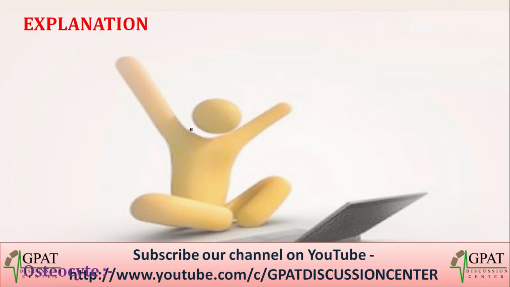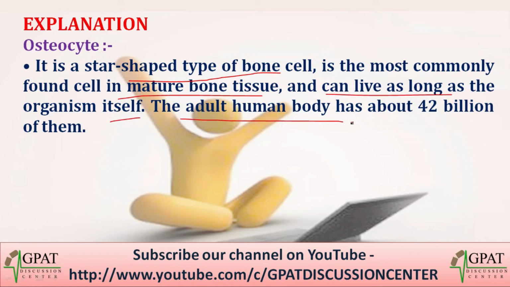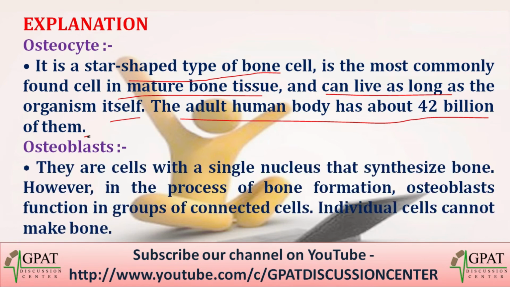So here we have the explanation part. Osteocytes are a star-shaped type of bone cell and the most commonly found cell in mature bone tissue, and can live as long as the organism itself. The adult human body has about 42 million of them. Where osteoblasts are, they are cells with a single nucleus that synthesize bone in the